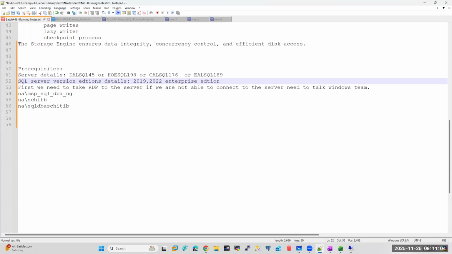So editions are also very important, sir. Like versions, editions are also very important, either enterprise edition or standard edition. So by seeing the ticket, you will get to know which version I need to install and which edition I need to install. Okay. Now,